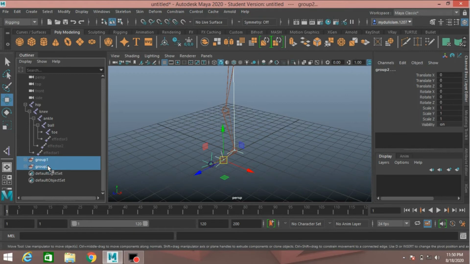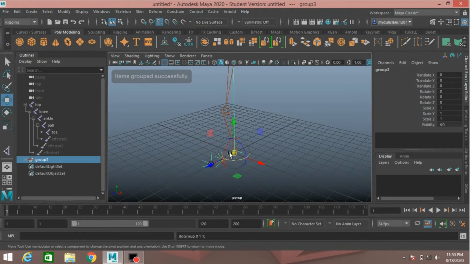select these two group, press Ctrl plus G to create another group, press D, this time snap it to the toe joint, press D,